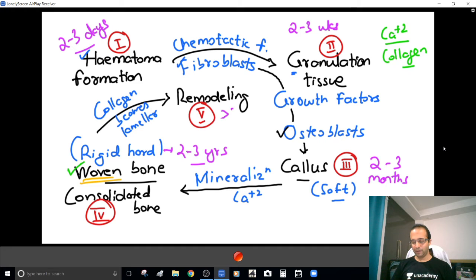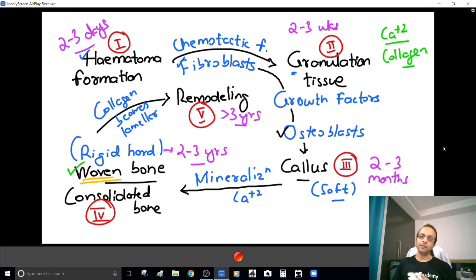And this remodeling is an ongoing process. It will continue after the 3 years time for the life of the patient, because bone is a dynamic structure. It keeps on remodeling all over life. So with this formula of 2 to 3, it becomes very easy for you even to memorize the timing of